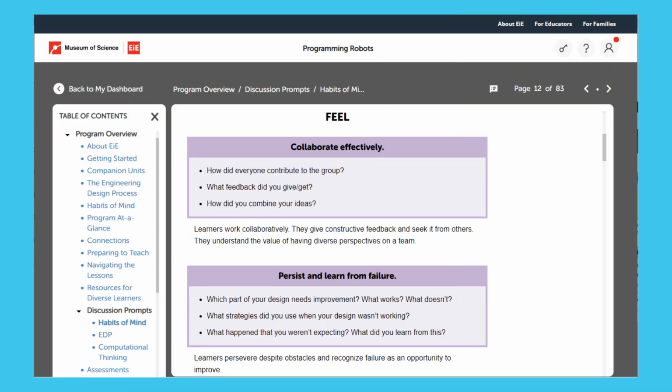One way to get started is by using the habits of mind discussion prompts. During class discussions, refer to these prompts to guide and redirect learners as you circulate the room during group work. By focusing on habits of mind, you will be able to better recognize when learners are engaging in expected practices,